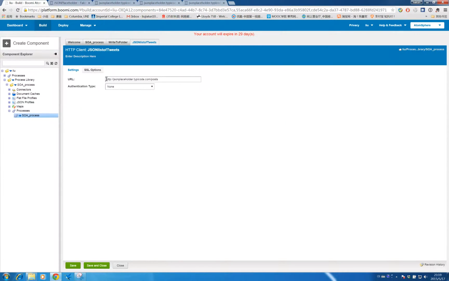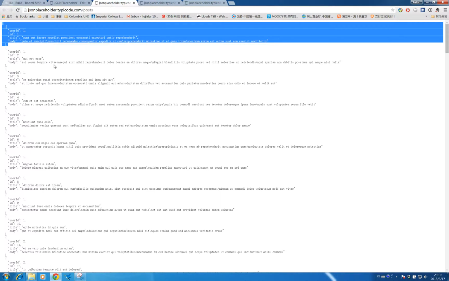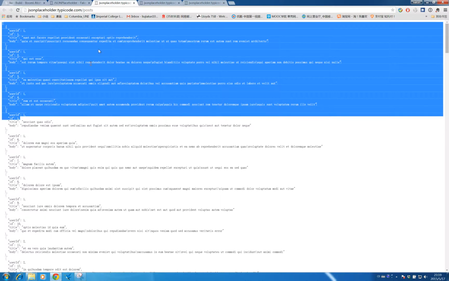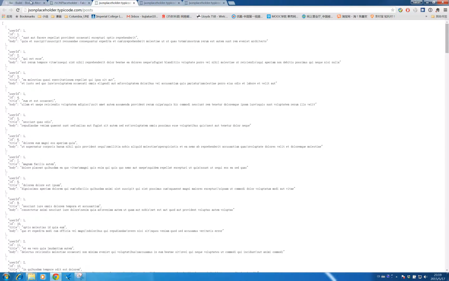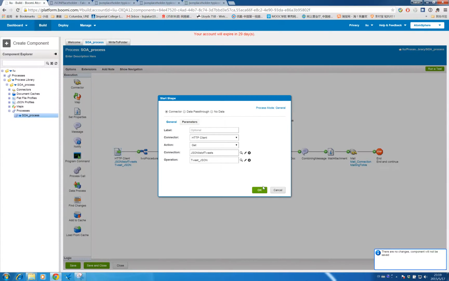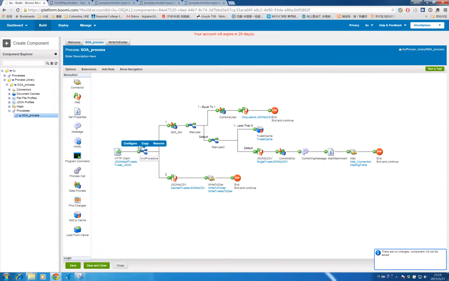It's taking the tweets from this URL, which is essentially 100 tweets, an array of JSON objects. Save and close. Then this is the branch operator, which is really saying the data will go through this